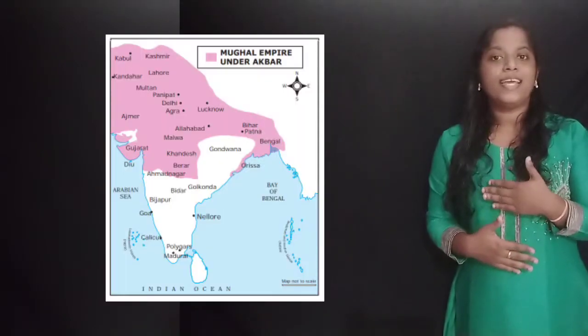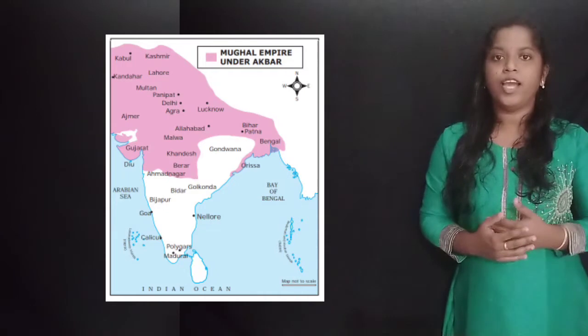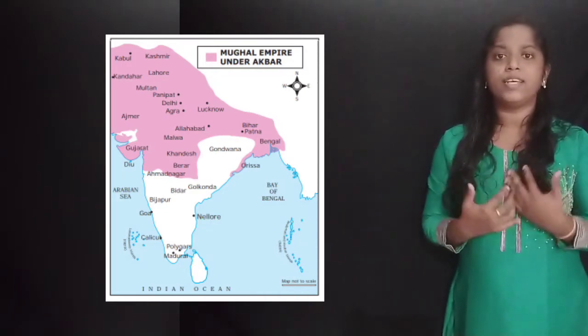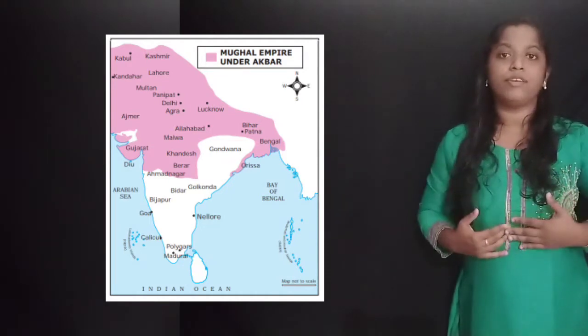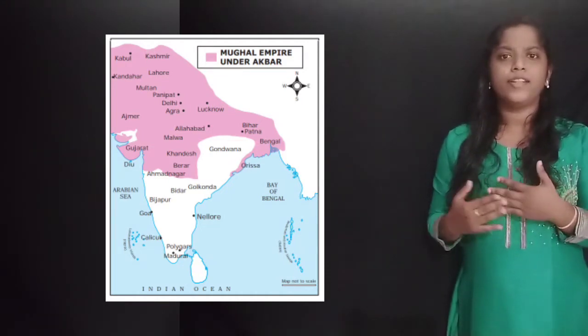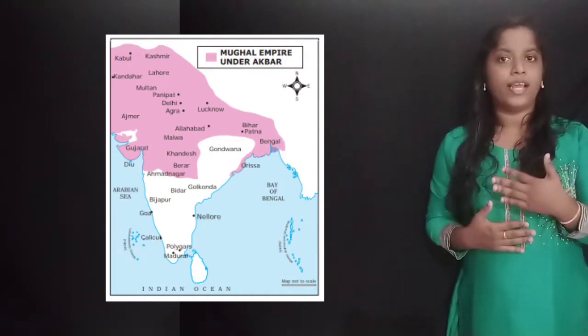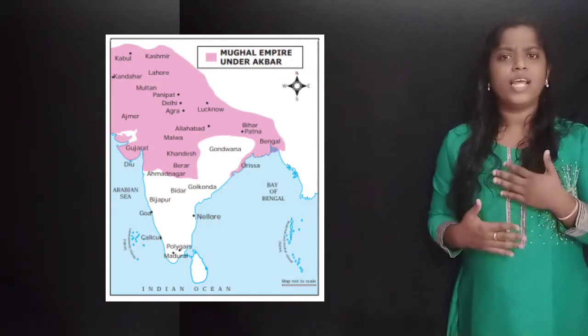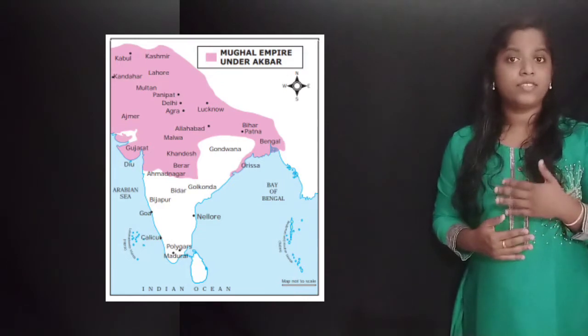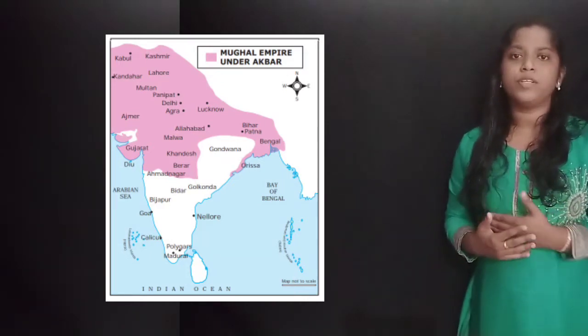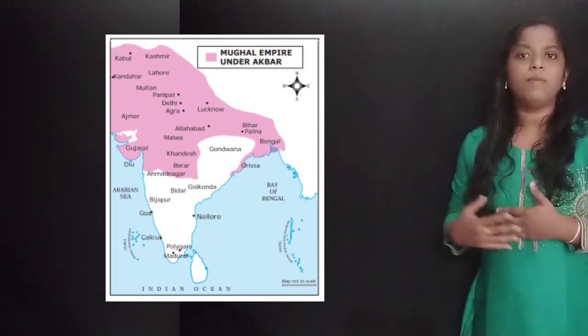Here you can see India under Akbar's period. First, during the period of Khilji Dynasty, they captured the Delhi region, then South Indian regions also. After that, Sayyid and Lodi Dynasty were less powerful, so they lost most of the South Indian regions. So when we reach Akbar's period, you can see from this map itself that the South Indian part is not